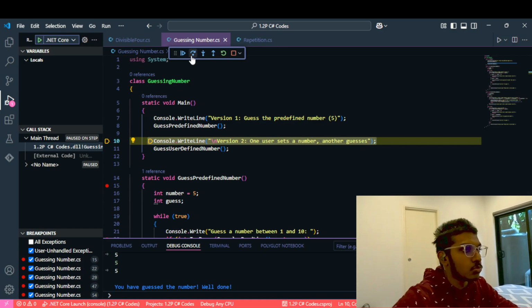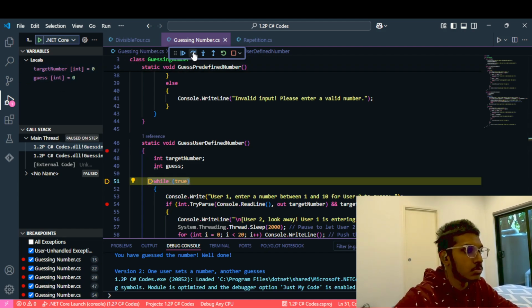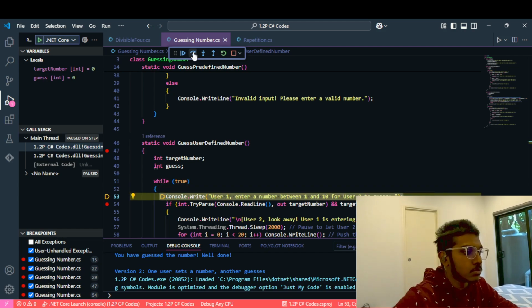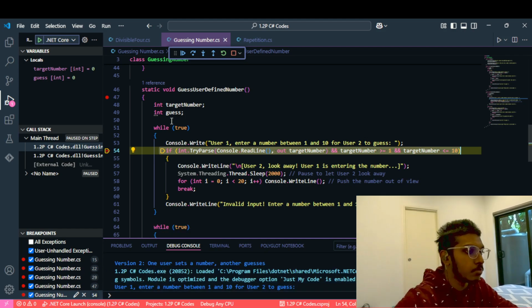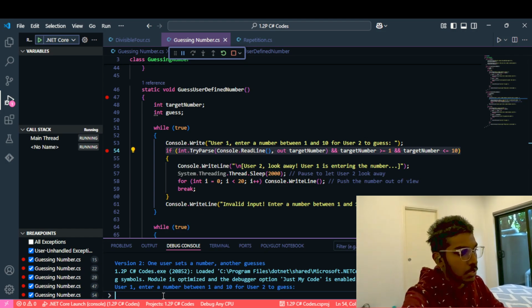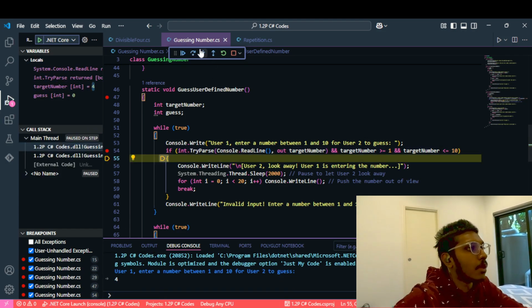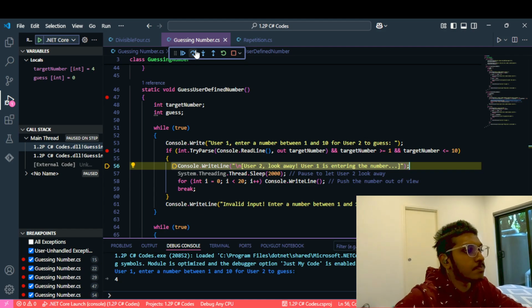Now version 2 is the one where one user defines a number and another user can guess it. Let's move on to that. In here the target number and guess number are 0, and the first user has to assign a number. So 7, and it has to be between 1 and 10. Set it as 4, and then let's move on. So the target number is equal to 4,